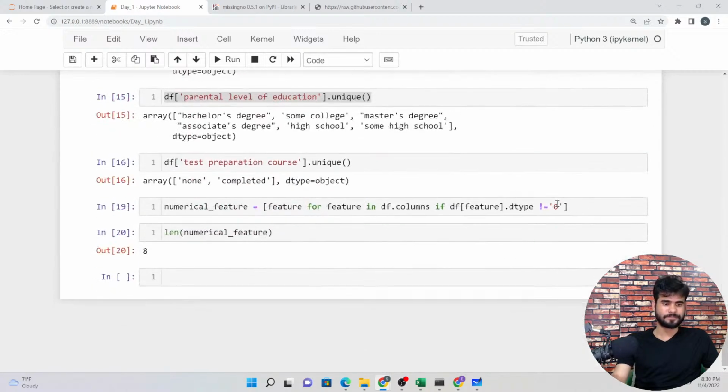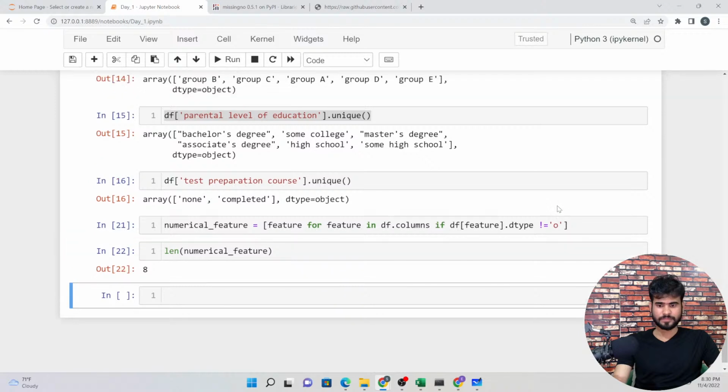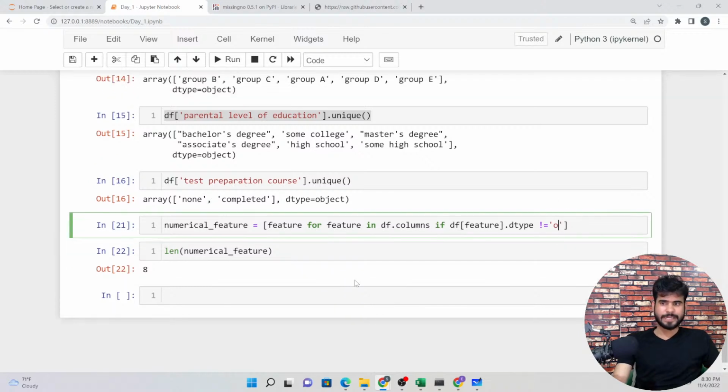The dtype is equal to this one. So what I can do now is write this.